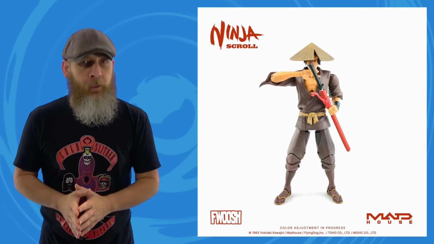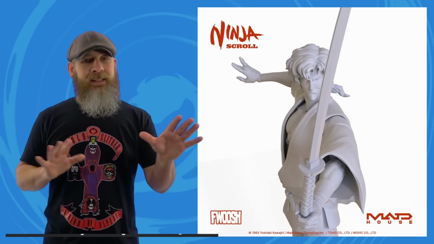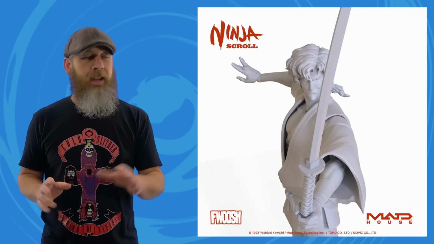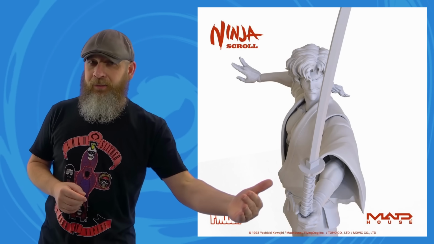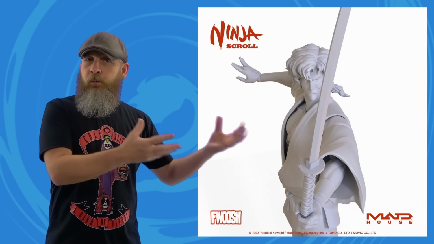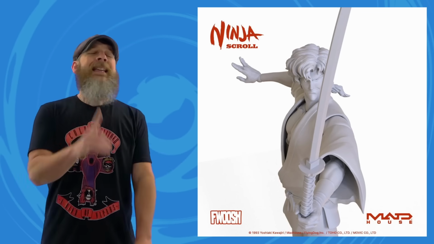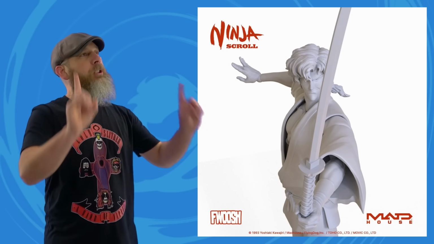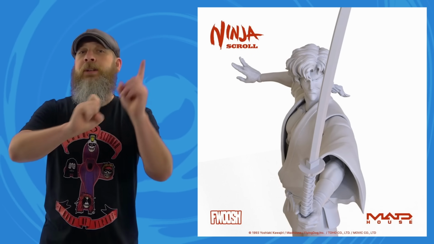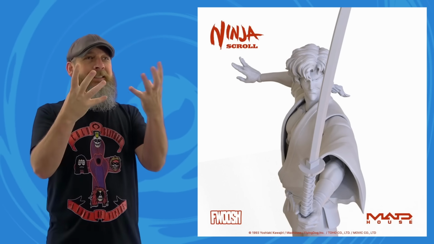I just mean that Fwoosh Toys put up pre-orders today for the Ninja Scroll Jubei figure. This is kind of a crowdfund situation. Orders will be open for the next month, and if it reaches a certain number, the money will be taken, they will be produced, and then shipped out at a future time. Kind of like the skeletons from last year, which are making their way out of the factory as I speak. They should be here very, very soon because...